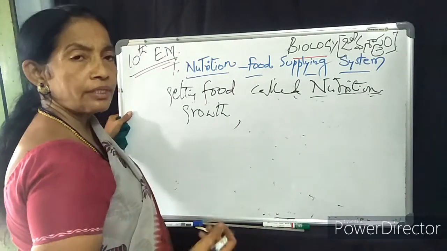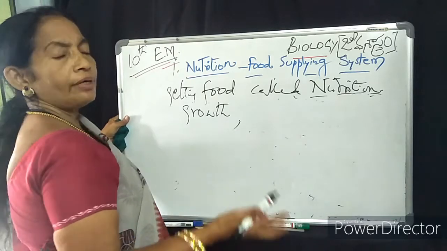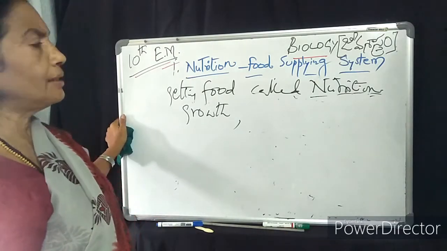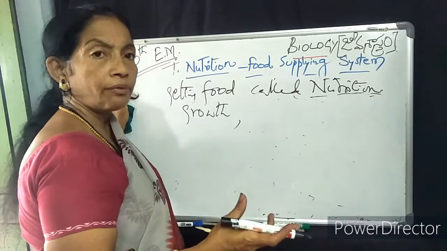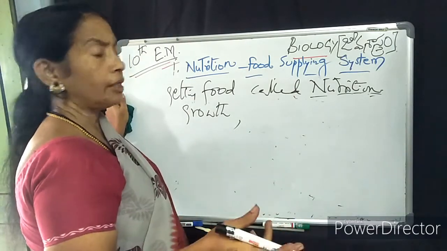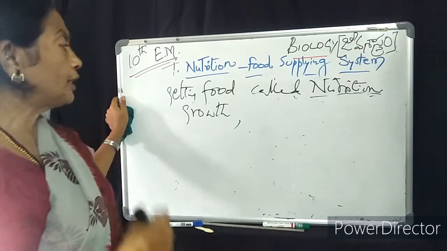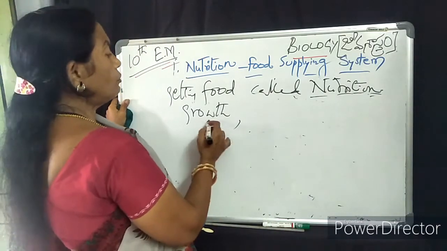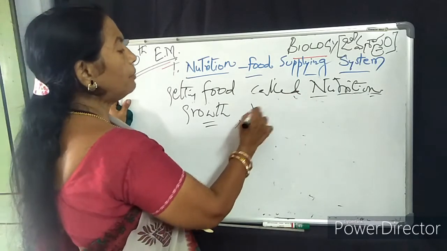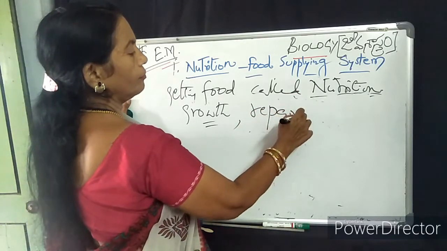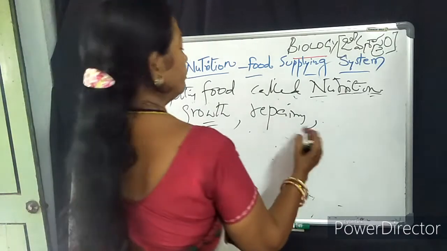It should give leaves. Why do we cultivate all these plants or trees? For fruit, for food, for flowers, for vegetables, for other things we take as food. So for the growth of the plant, they need food. For the repairing, and for